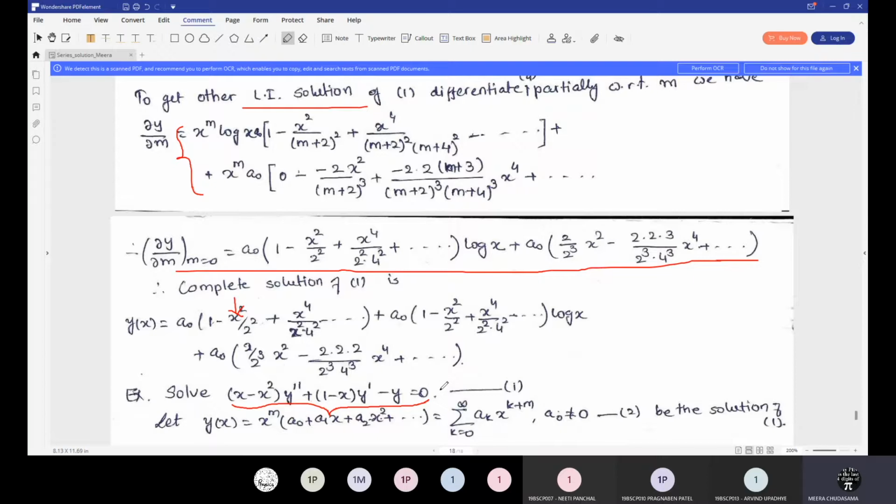So what I will do, I will give you 15 to 20 minutes. You try to solve this whole example. Up to yesterday, I am giving you just the example up to the recurrence relation. But today, you try to solve this whole example and let me know which recurrence relation you are getting, what the roots of the initial equation are, which solution for m you are getting, and what will be the partial derivative of that particular equation you are getting.